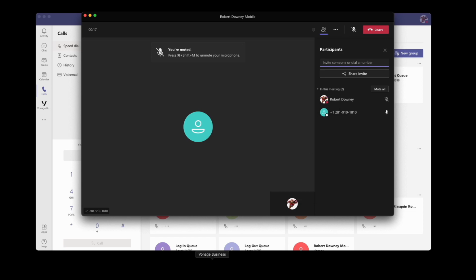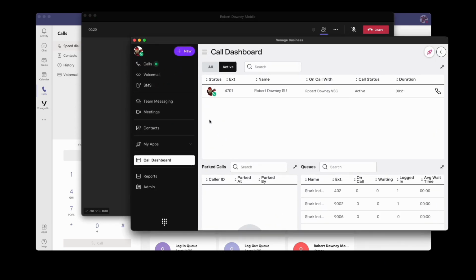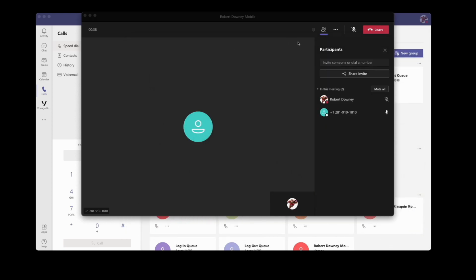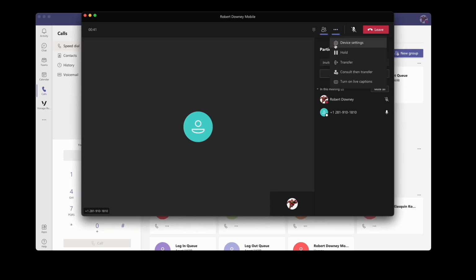From the Vonage Business Communications desktop app, if I click on this icon, I can also see that my extension is being used by the Teams system. This allows any users in your organization that are not using the Teams integration to see that your phone is in use and should not be disturbed. I also have the capability to do advanced transferring, holding, and consultative transfer by using the 4-digit, 5-digit, or 6-digit extension dialing from the Vonage system by simply clicking transfer, entering the extension number, and it will send the call off.